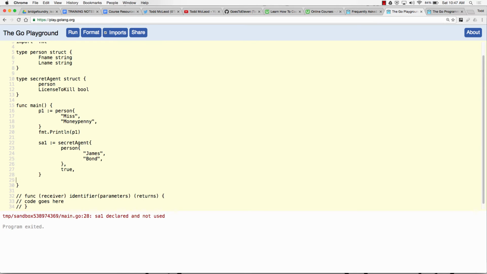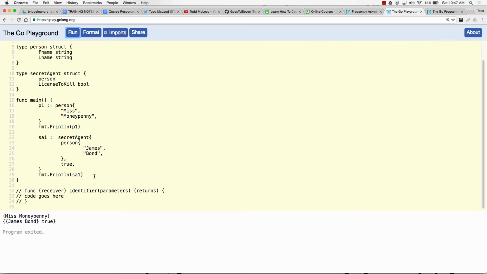And I haven't used it. You can't declare a variable and not use it in Go, because why do you have it there if you're not using it? Don't, like Daryl's mini storage, my code, don't have a bunch of stuff stored around you ain't using. You're not using it, garage sale that, get rid of it, and have your code just be what's there. What's in your shop should only be what's being used. So now I'm using it, it'll no longer throw an error, and James Bond true.